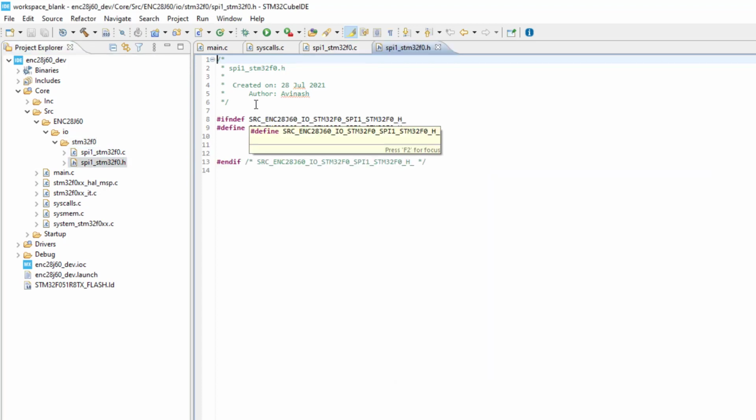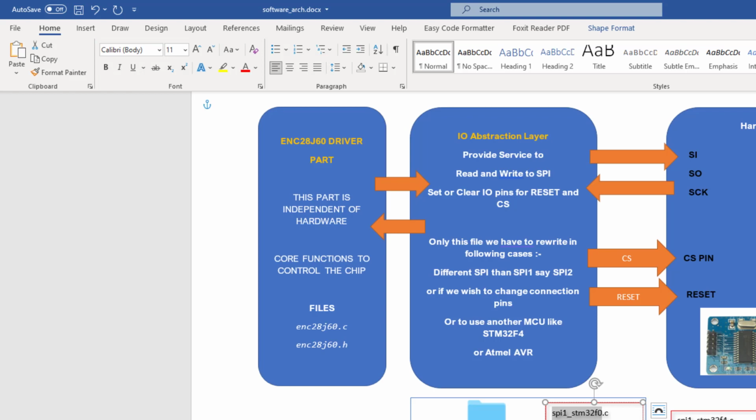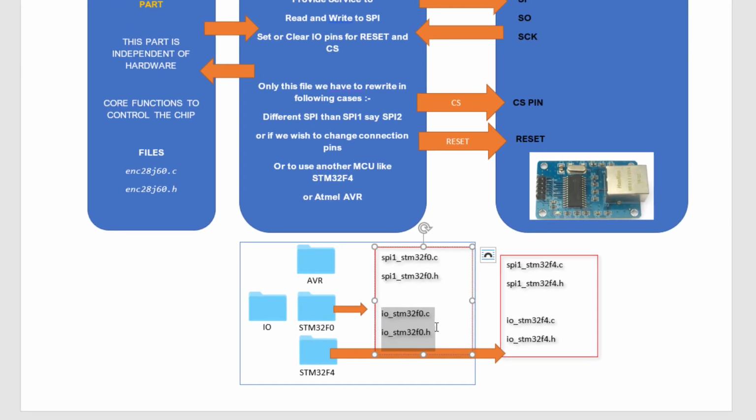Created. In the same way, create this second set of files, which are for the general purpose input output GPIO drivers. I will name it IO STM32F0 .c and .h.